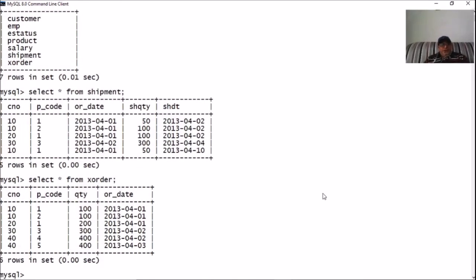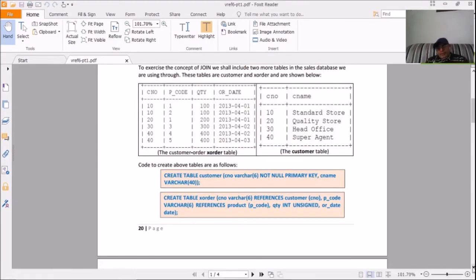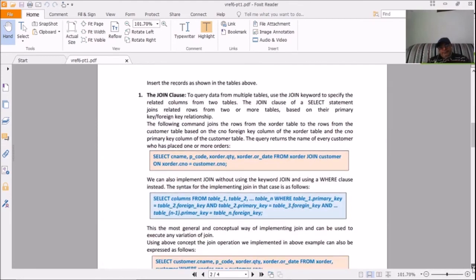I find that C number, P code and OR date are common between the shipment table and the X order table. Right? This is a new table, shipment, and I have given the code to create this table here in these notes.